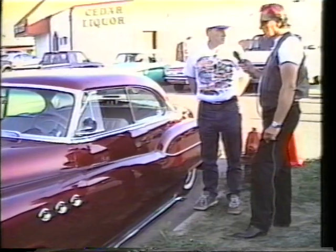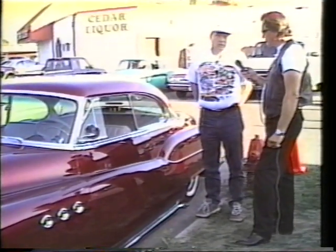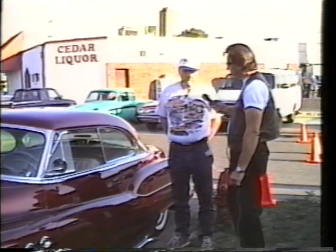Would you recommend this air suspension to anybody, if they know how to do it? I imagine if they had it done, it'd be a lot of money, wouldn't it? Yeah, they are making kits now. They're making kits for a lot of the more common cars. I think it seems to me like maybe